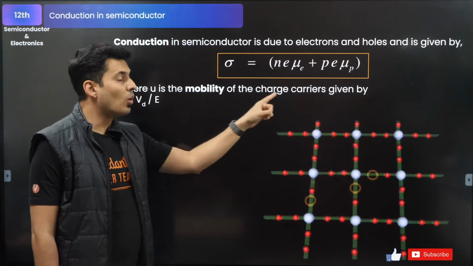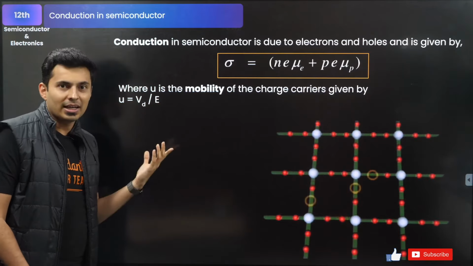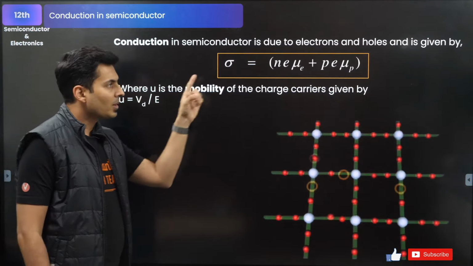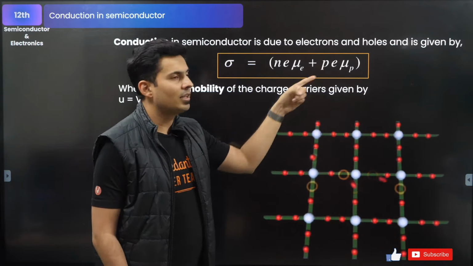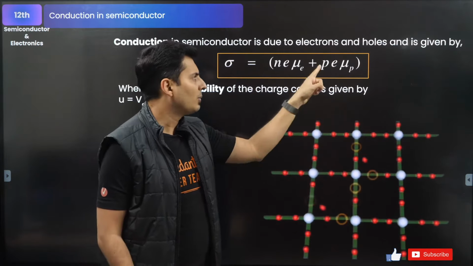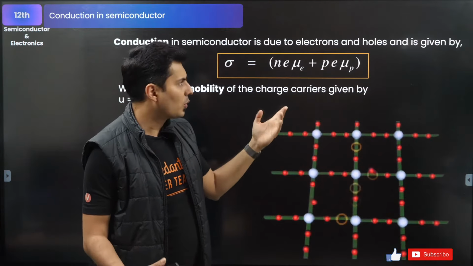Mu is called the mobility. You might have heard that term in current electricity, which is drift speed by electric field. Plus, here you can put N or you can even put P. This is basically the hole concentration. You can put P or you can just put NH, it's up to you, times the electron charge or proton charge